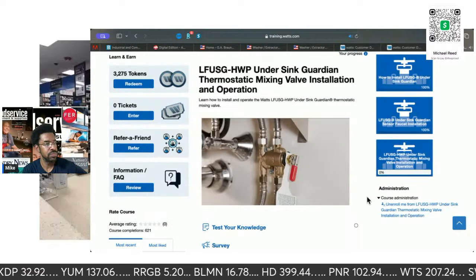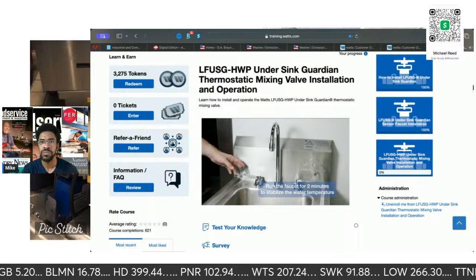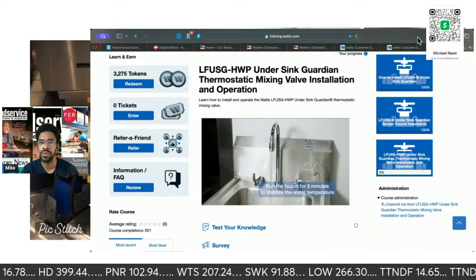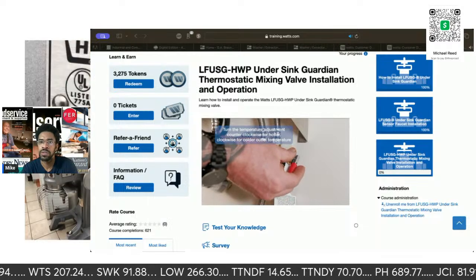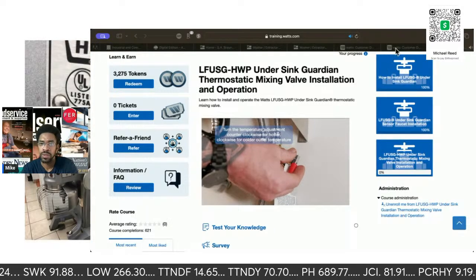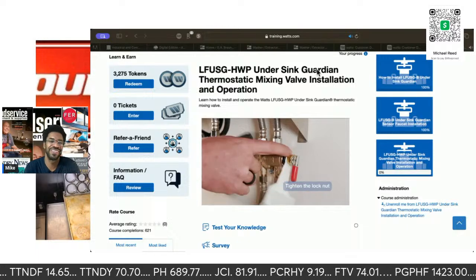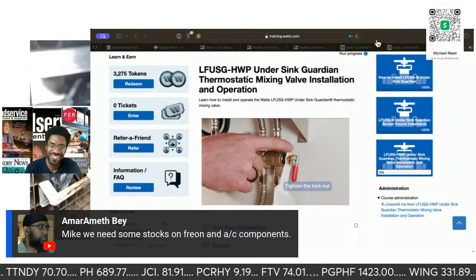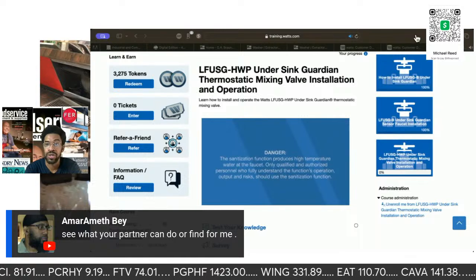To adjust the water temperature, first loosen the lock nut. Turn on the fixture and run the water for at least 2 minutes to allow the water temperature to stabilize. Turn the temperature adjustment screw counterclockwise for hotter or clockwise for a colder outlet temperature. Tighten the lock nut to prevent accidental or unauthorized temperature adjustment. Recheck the outlet temperature. Note: